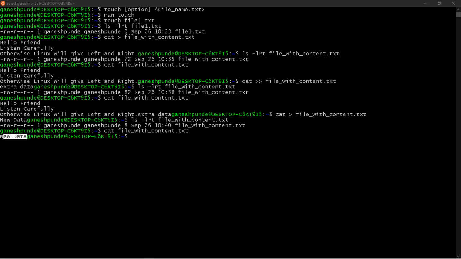Whenever you have a requirement to create a file with content and you want to overwrite or append the content, you can use cat with single greater than, or cat with double greater than. If you want simply an empty file, you can use the touch command. So that's about the touch and cat command.